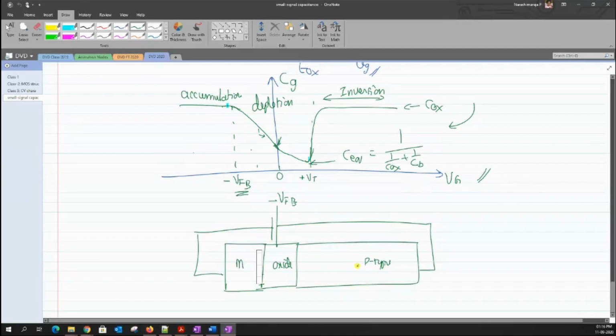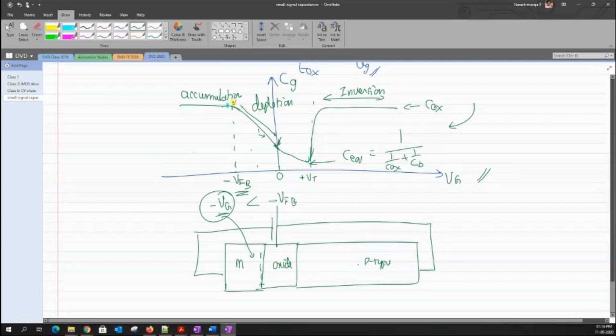Now any voltage that I apply which is much more negative than this, say a much larger negative voltage on this MOS structure, means I am trying to apply more negative charges here, so this will induce a negative charge. But when I am between the voltage of 0 and minus VFB, we are trying to remove those positive charges. So throughout this entire segment, we were removing the positive charges. Hope I have answered.